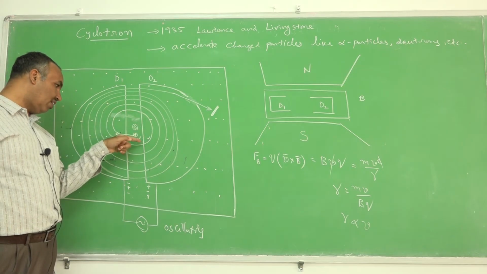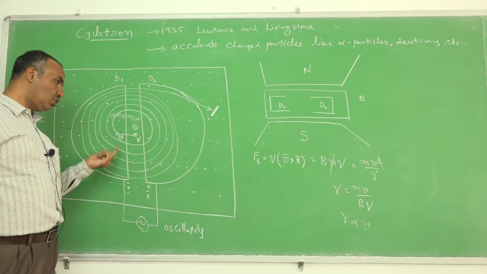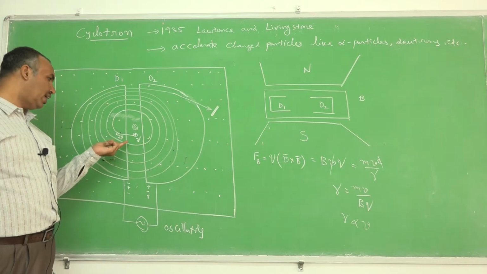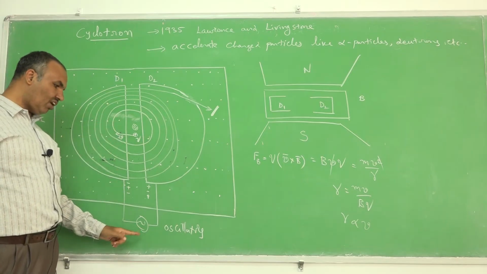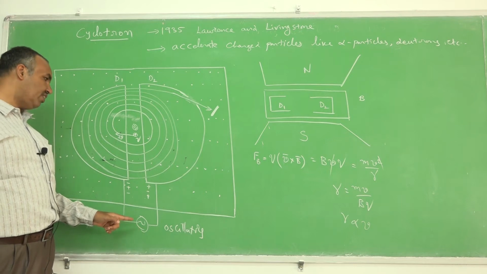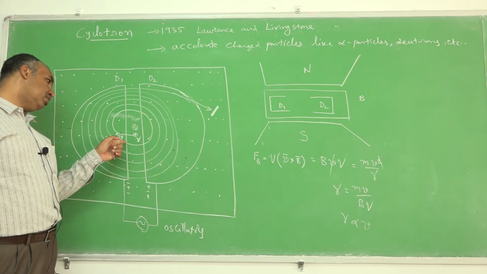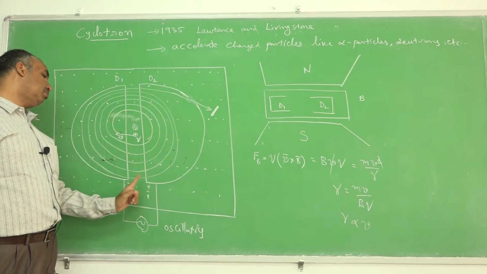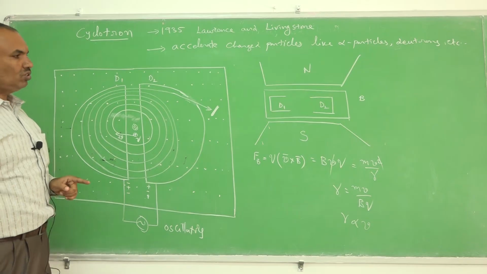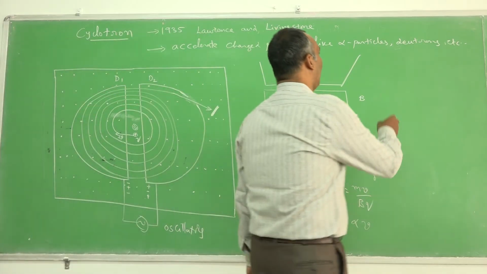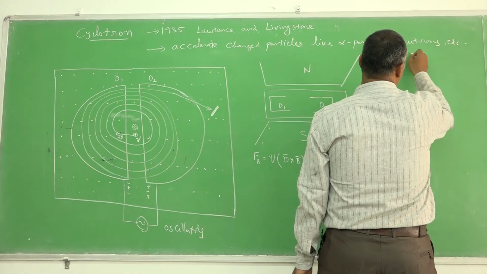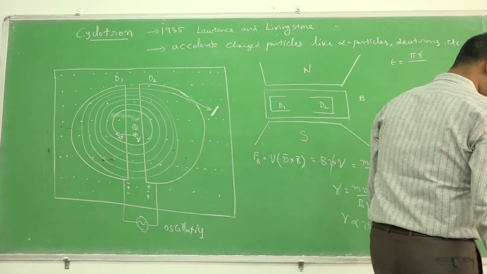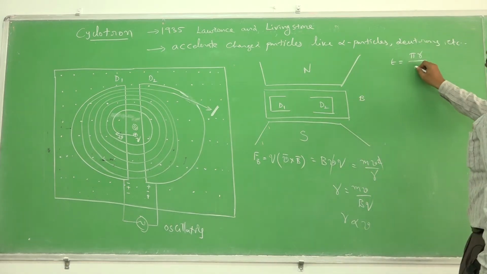Soon after completion of the half circle, the second D should have the opposite polarity to the charge of the particle to attract it. So the frequency of the oscillator is to be adjusted in such a way that by the time the particle reaches this D, by completing the semicircle, the polarity should change. So what is the time required? Time means distance by velocity. Distance is pi r, the distance to be travelled by the particle. It should travel with a speed v.